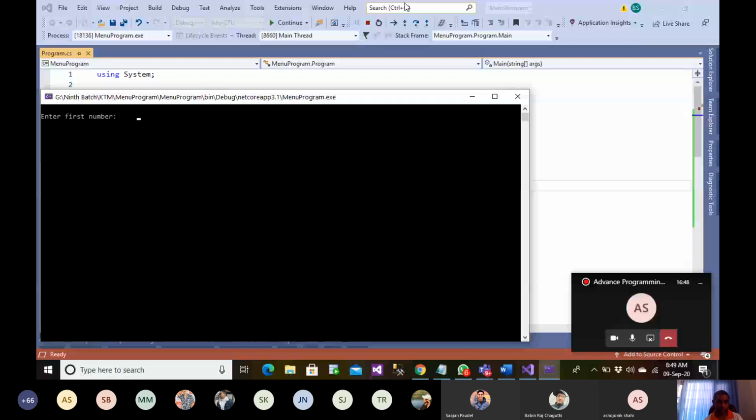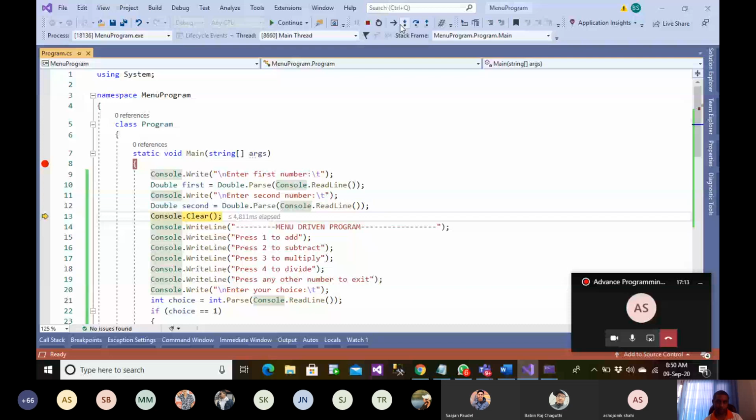Let's say 13 I passed. So this is what is read, and I passed 13. I press enter. Console is now moved to this line. Now this will go to this line. If you can see, now this will go to that line. So let me go again.